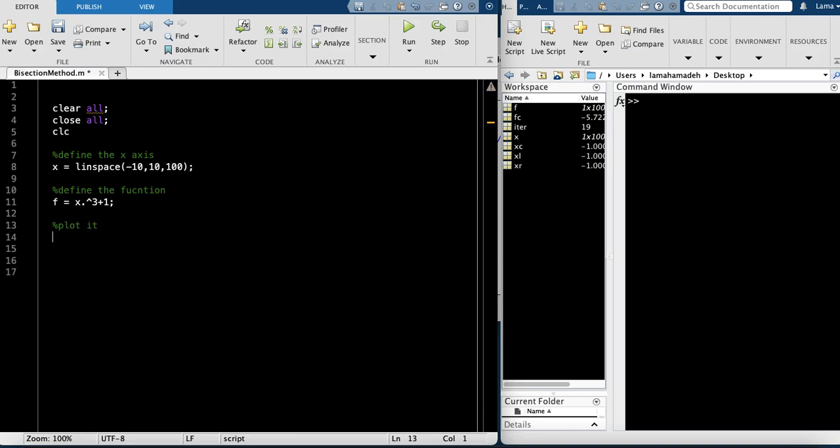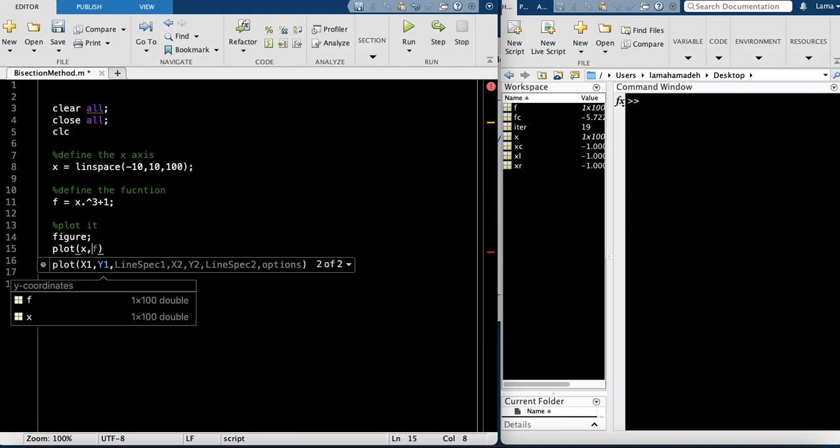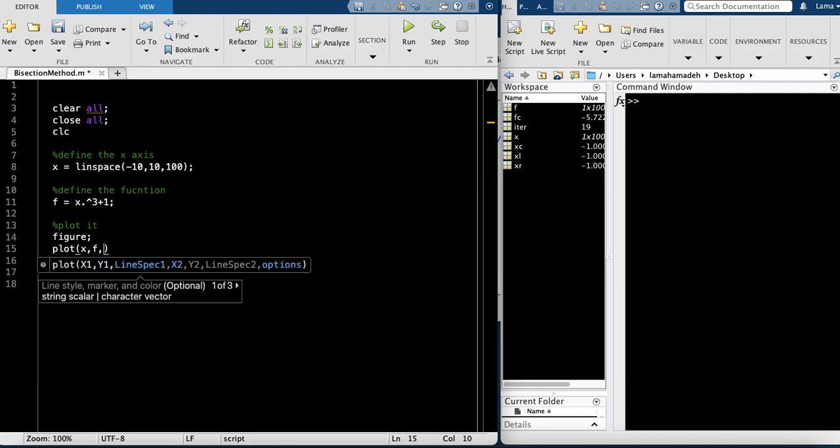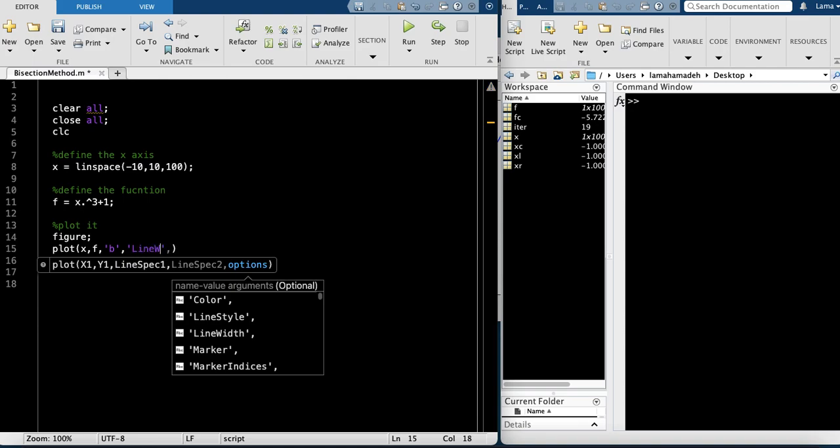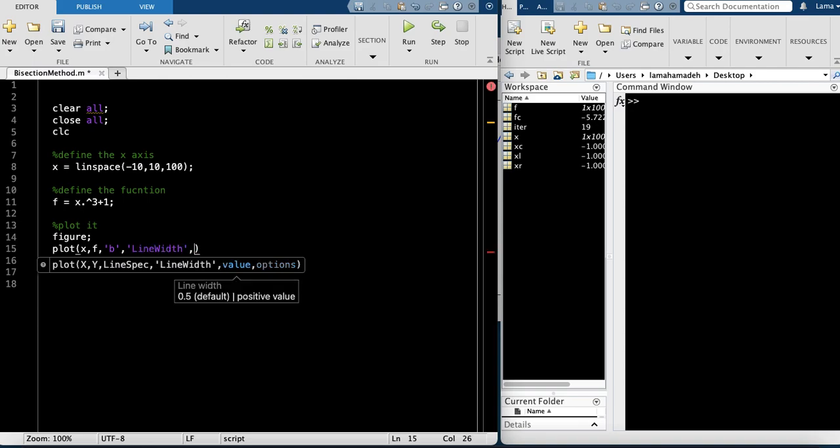Let's plot it and see how it looks. So let's go for a figure. Let's construct a figure and let's plot x, f, and let's plot it in blue. And then let's go for a line width of 1.5. We need to